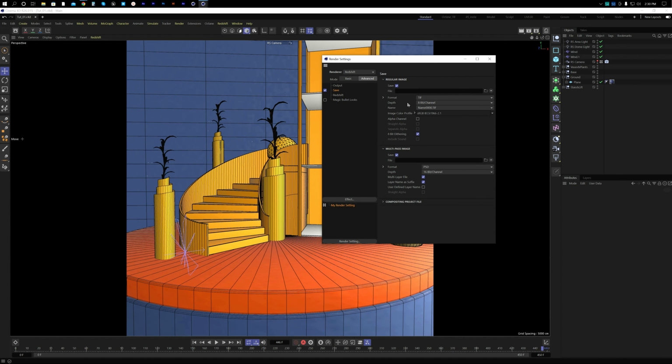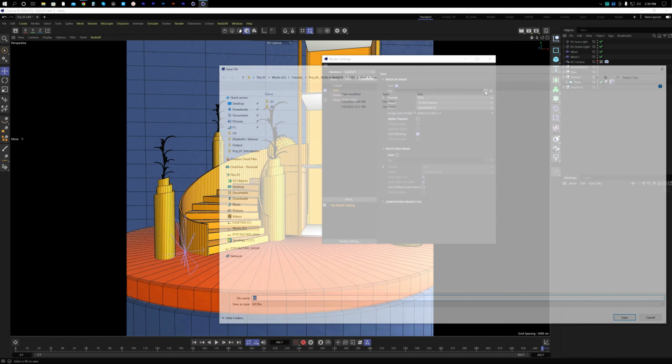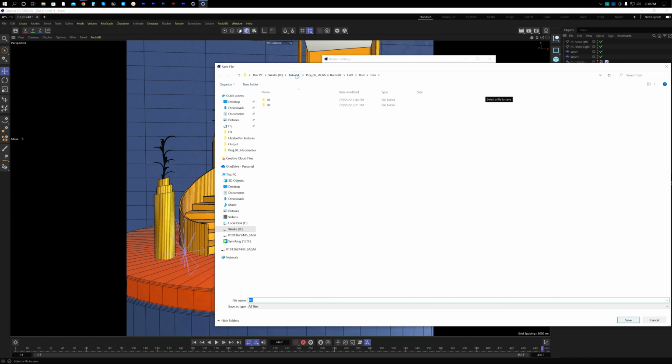Go to the render setting, save. Here we can change to Redshift, then we can save. We want PNG. If you need alpha channel, we can check it, but for our scene we don't need alpha channel, we don't need any multipass, so we need 16-bit. And from here we can save it. Where do you want to save? So maybe I will give it a name, RND, and